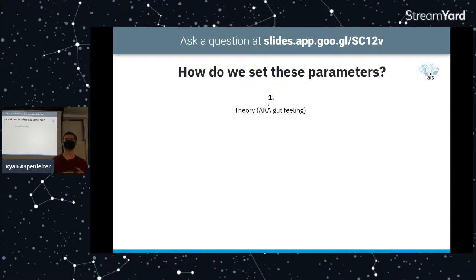Option one is just theory or gut feeling: you think, okay, I think this certain number would work well. Or you can plug and chug, try a lot of different options and just see where things go. This is the one that most people use, and it's fine. It works. It's good. The other option is metaparameter optimization.